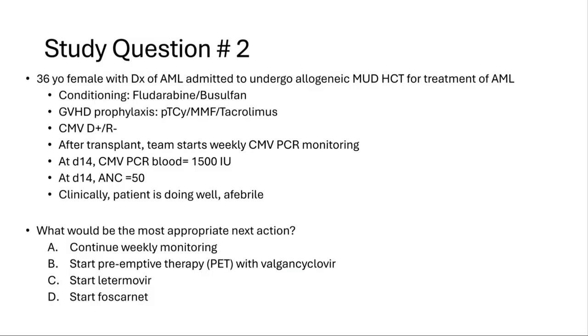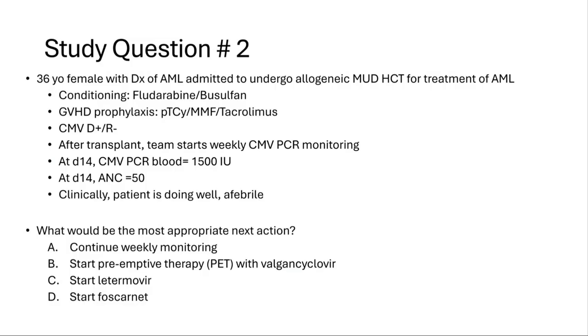So let me give you a little bit more. The cutoffs for CMV detection are slightly different at each institution. I can tell you at Moffitt, we use a cutoff of 650. Some institutions use a cutoff of 1,000. Some use 500. So with that information, I'm just telling you that she is above the level of detection, right? So that's the first one.